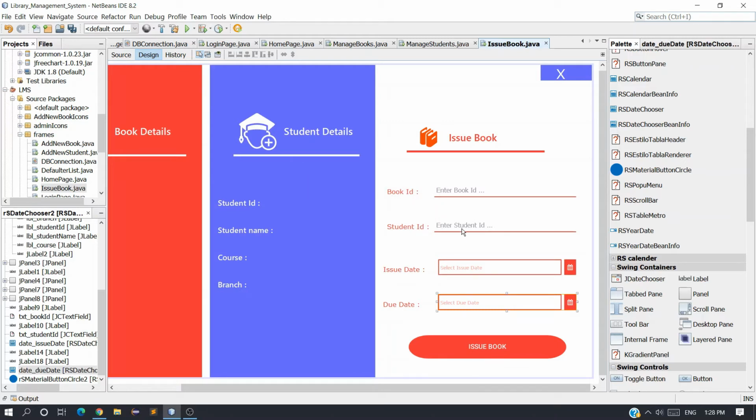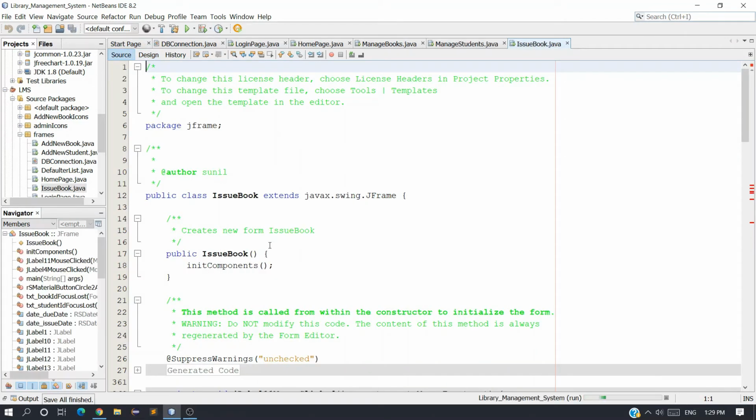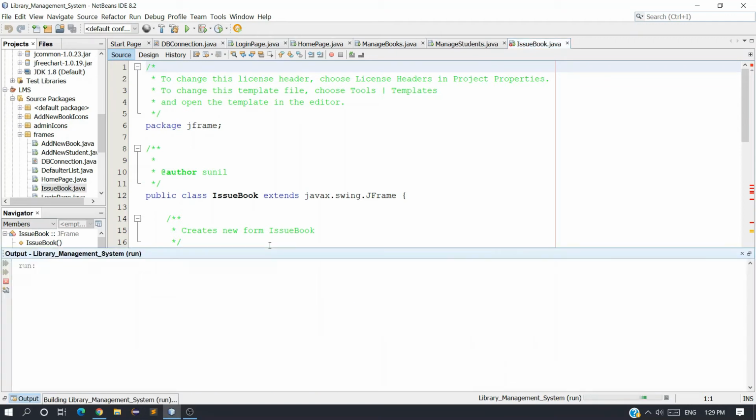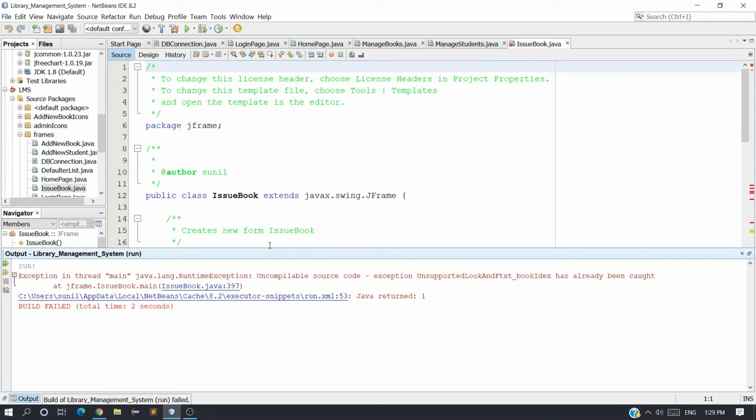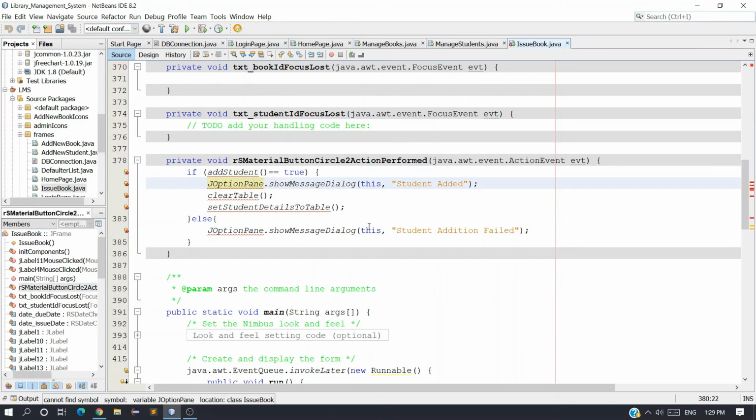Now we have to apply an event on this. Let me just run it and check how it's working. Okay, we got an error. Why? Let me check. Okay, here you can see we got this method also. Why?